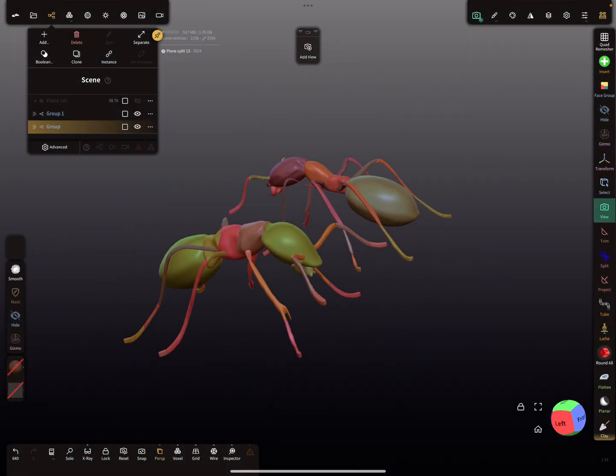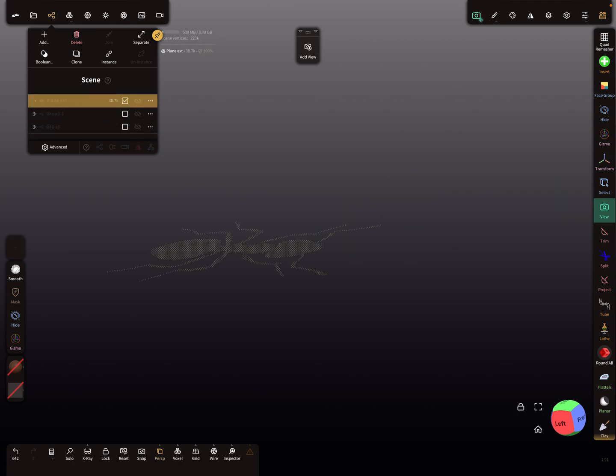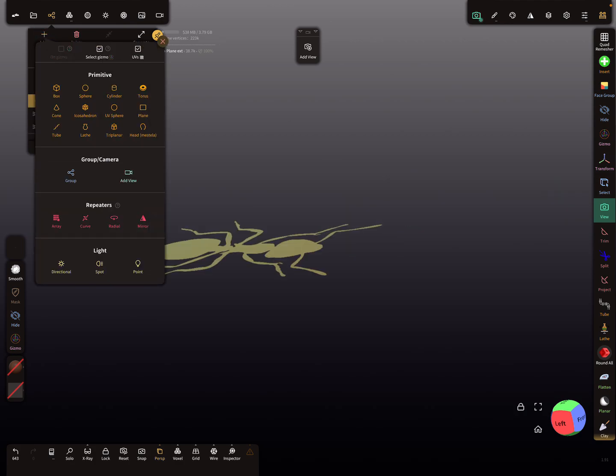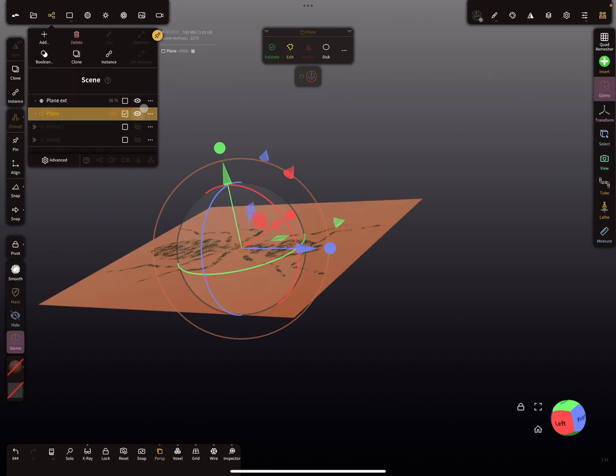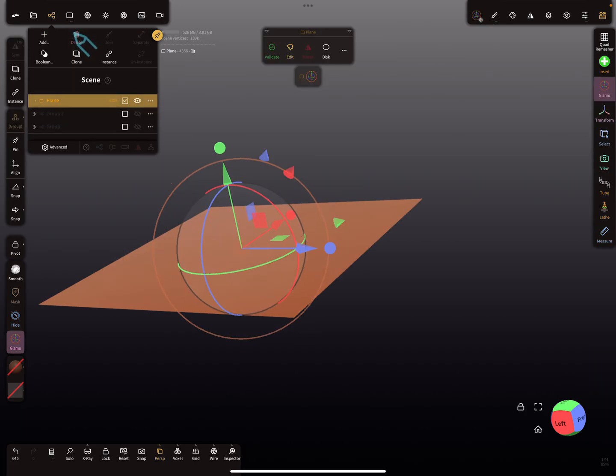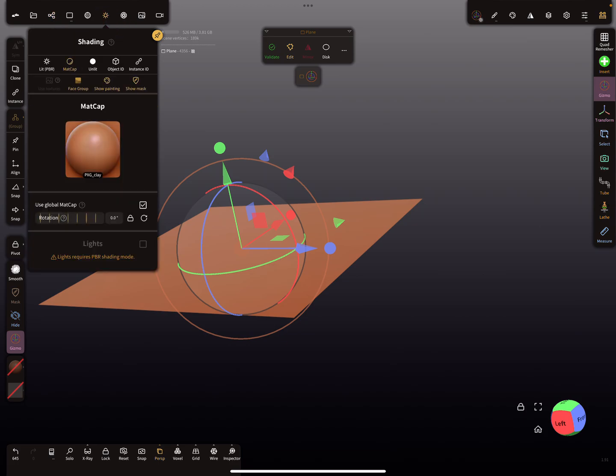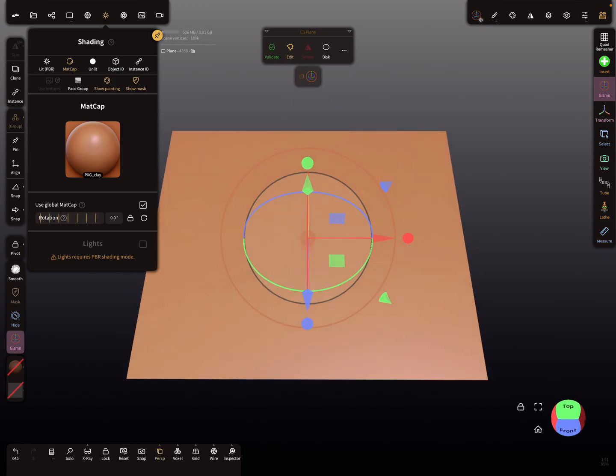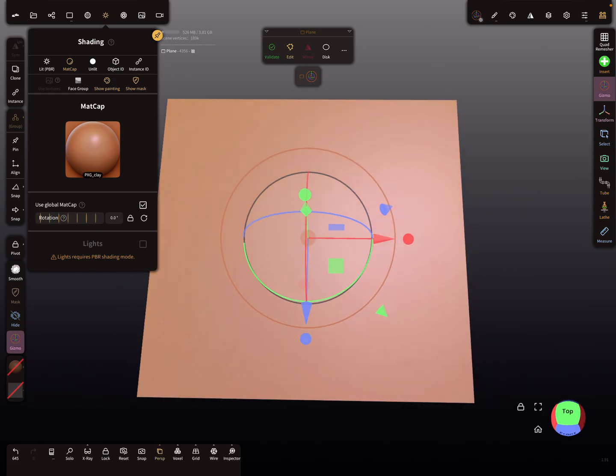Okay, so I'm hiding the groups, and for this we need a plane primitive. So I add a plane, and the first one I delete. So this is our top view, and I validate this plane,